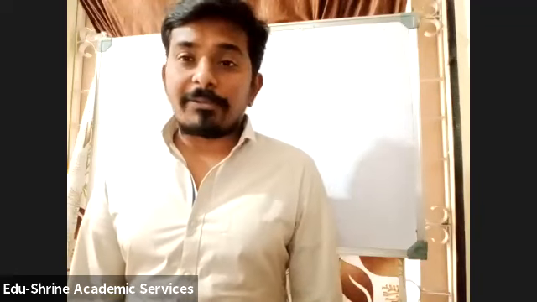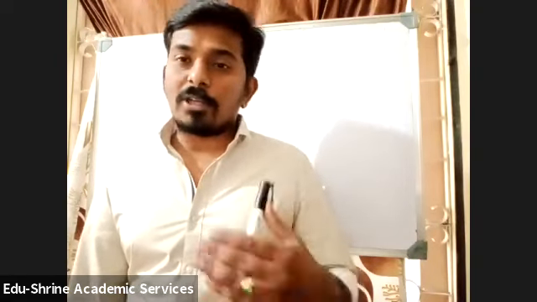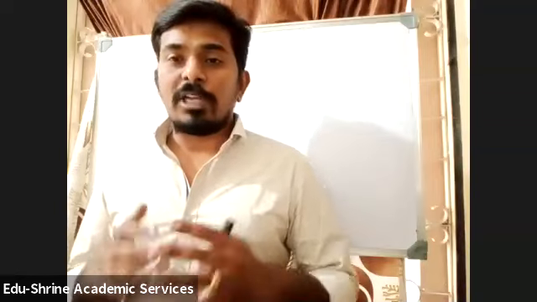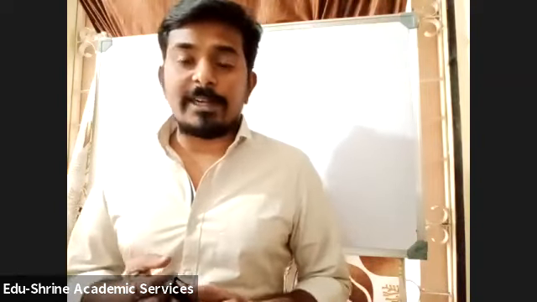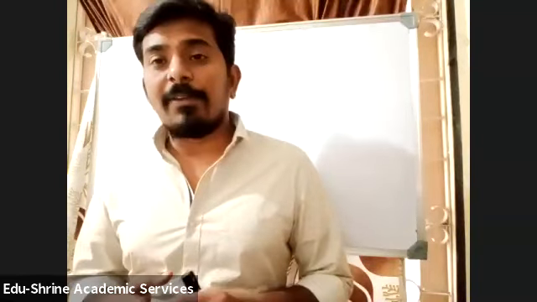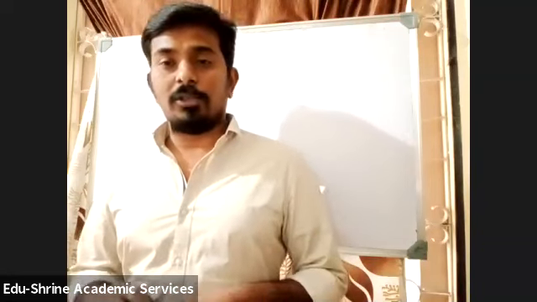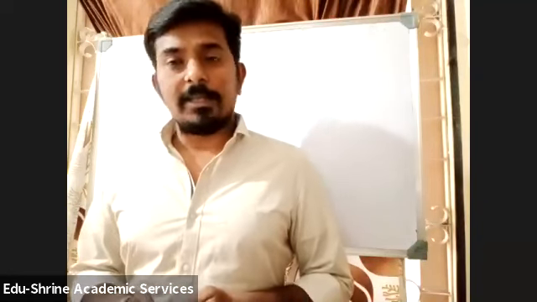Then coming to oxidation of ketones. It is very difficult to oxidize ketones because ketones do not contain any hydrogen attached to the C=O group. So for the oxidation of ketones, a carbon-carbon bond has to be broken, which is a very strong bond. That's why we need strong oxidizing agents like concentrated nitric acid, acidified potassium permanganate, or acidified potassium dichromate. These are the reagents which can oxidize ketones.